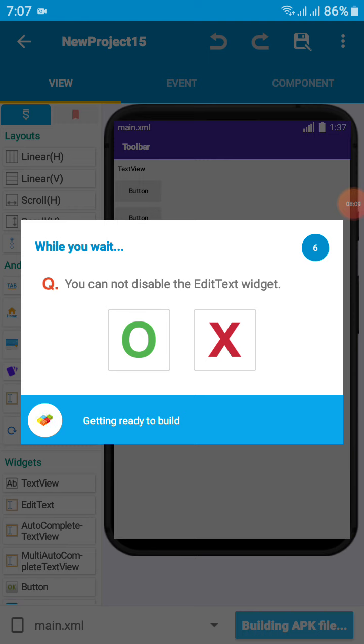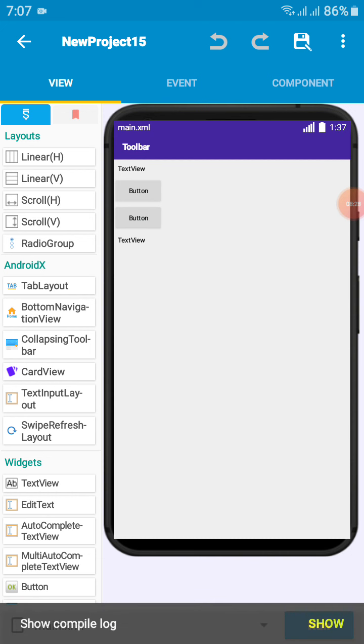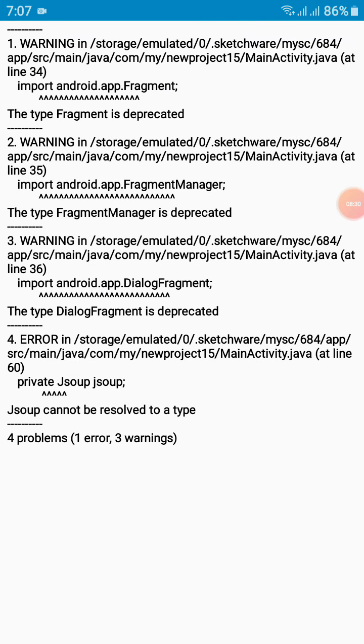Okay, this will take some time, I don't know why. So Java is compiling here, and I know this will show errors because we did not add the library org.json, and you can see the private JSON that we added in the component is not ready.